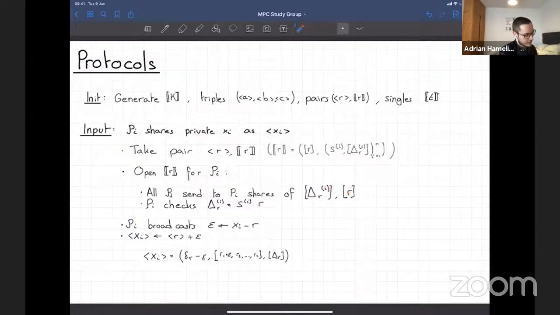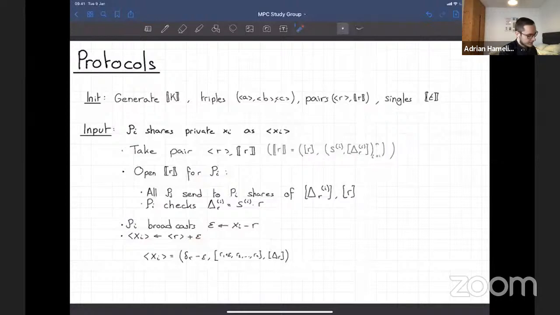Once that's reconstructed, Pi can check that this holds. Now, Pi has obtained this value, and they can broadcast this value epsilon, which is xi minus r. Since r is random, epsilon won't reveal anything about xi. Then every party can compute, using the angle sharing of r, their share of xi by adding this epsilon.